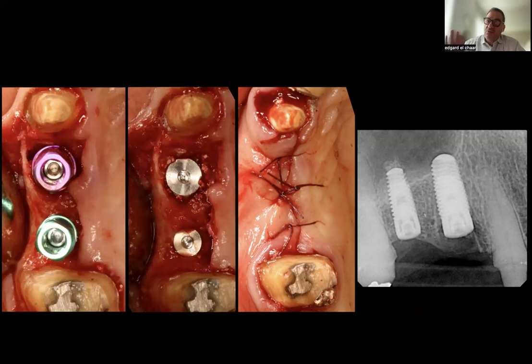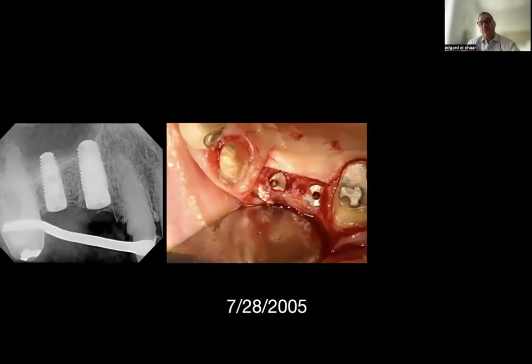Again, I want to remind you that this is an evolution. That's why I said the realist will adjust the sails. And that was 7/28/2005. Now, when I did the second stage, I want to show you how much buccal plate has resorbed, and